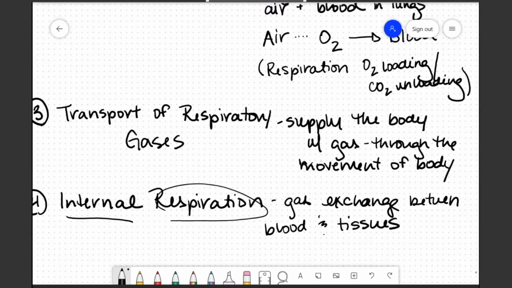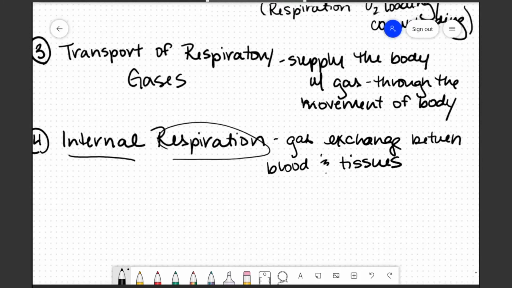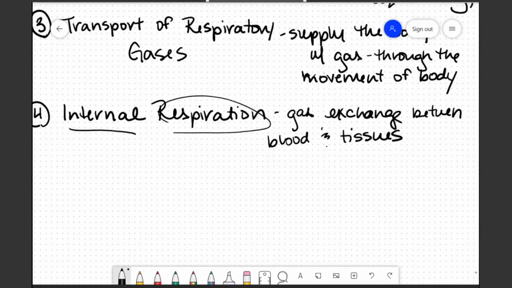So the blood has traveled through the body through the transport of respiratory gases. And when we get down to internal respiration, that blood that has traveled from our heart to the tips of our toes needs to somehow get from the vessel in the tips of our toes into the actual connective tissue and muscles and bones that are in the tips of our toes. So internal respiration is going to be the gas exchange between the blood and wherever tissue it needed to go. And this is again going to be a gas